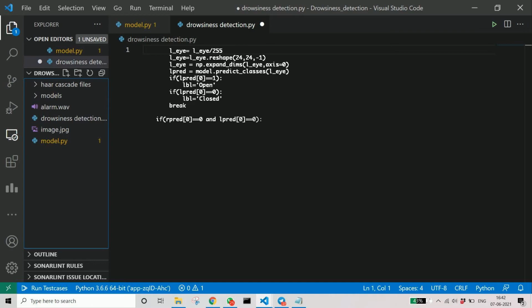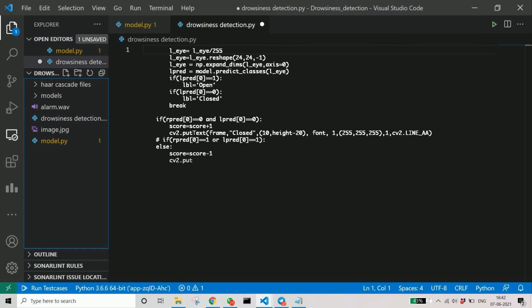Here we check whether the right and left eye are closed. We should check, as I mentioned earlier, both should be closed, right? Then we increase the score. Then we show that it's closed. So we can see the output later. So cv2.putText, what it does is on the frame which it is using, it displays some text. So you can use it earlier or later also to display text wherever you need.